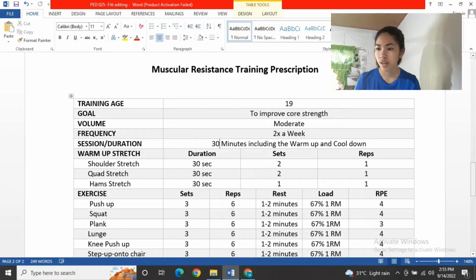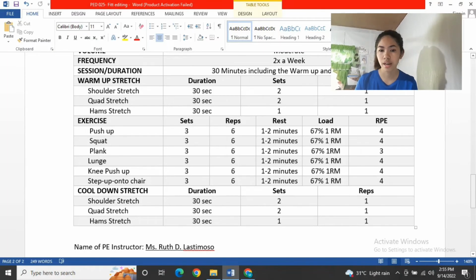So in the warm-up, I have the shoulder stretch, quad stretch, and the ham stretch. Under the shoulder stretch, I have the duration of 30 seconds, 2 sets, and 1 rep. And in the quad stretch, I have 30 seconds, 2 sets, and 1 rep. In my ham stretch, I will do 30 seconds, 1 set, and 1 rep. So under the exercise,